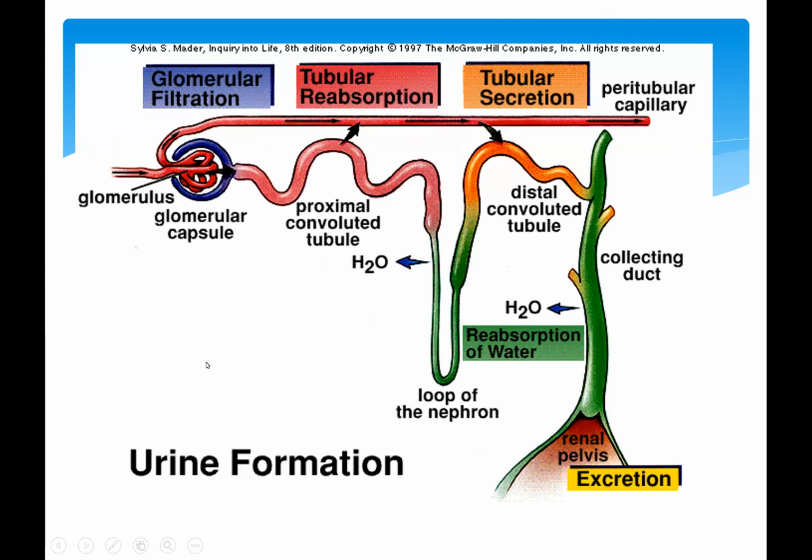So when you look at the kidney, this is actually how the urine is formed. It goes through a process called filtration, and then you have tubular reabsorption, tubular secretion, and then excretion. Stating it simply, whatever you need needs to go back, and the process is called reabsorption, goes back into your system. And whatever you don't need is supposedly excreted.